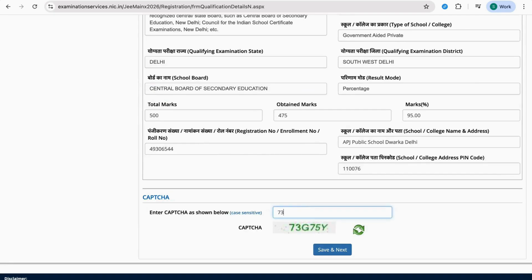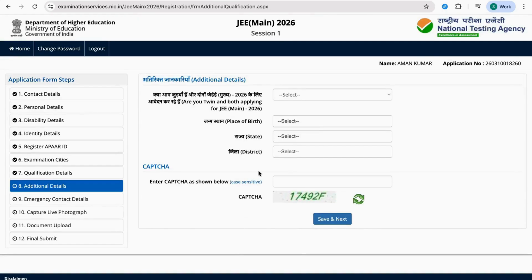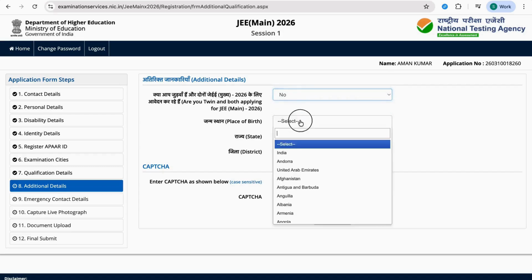Fill in the captcha again. Okay, now it's asking for some additional details. It's asking, are you a twin and both applying for JEE Main? So we'll select no. And